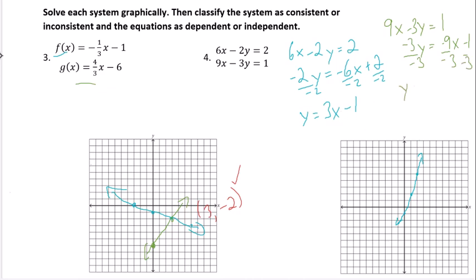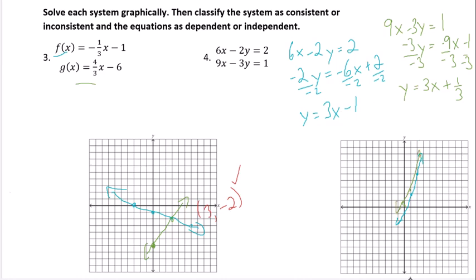And we get y equals 3x plus 1/3. So a positive 1/3 would be right there. And a slope of 3, rise 3, run 1, and you end up with